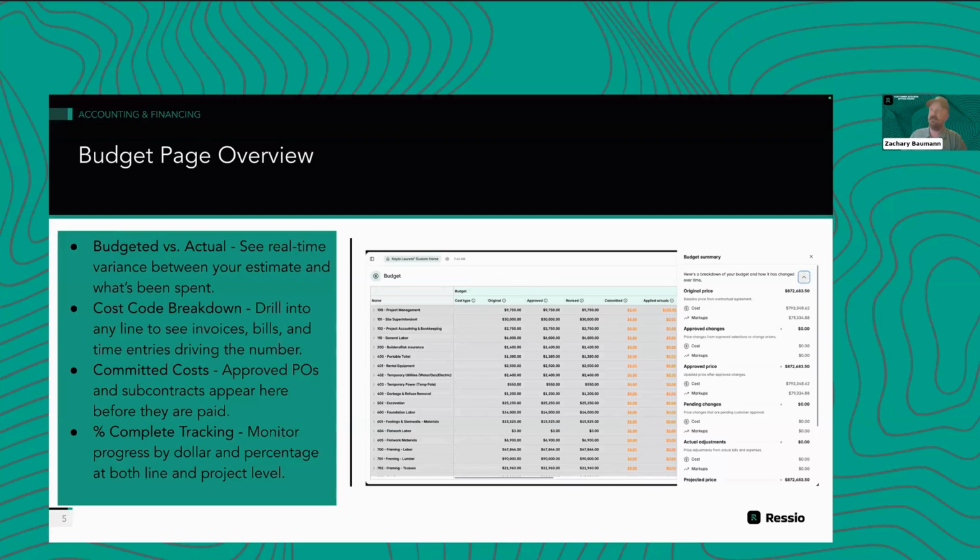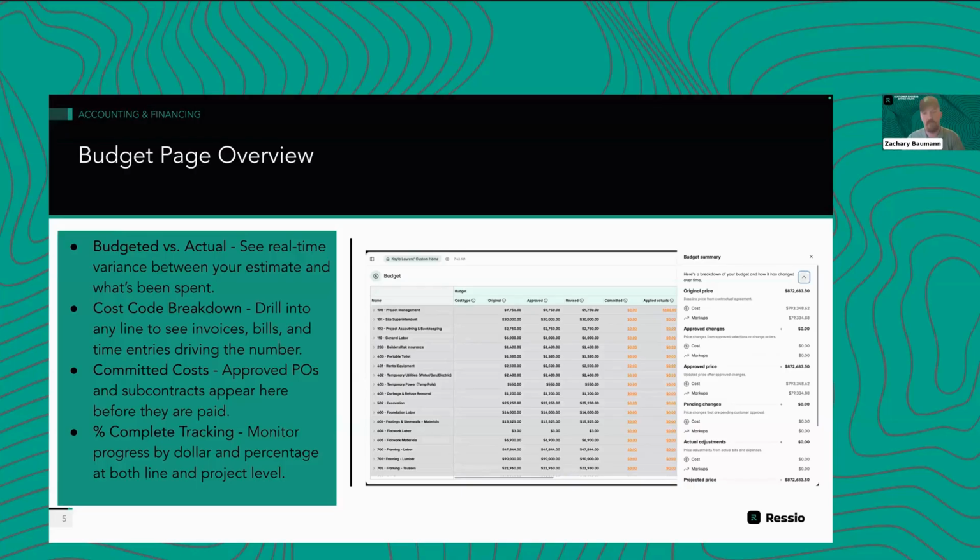Your revised, which is the next step down the line, is your total approved cost and pending changes. So the thing to remember here is that your revised is going to show pending change orders and those things, not just the approved ones. So the revised and approved columns may not always mirror each other, but ideally when you get to the end of the project, if those two columns don't subtotal to the same number at the bottom, it's very likely that you have an outstanding change order or selection that has not been approved, and you might want to go back and double check that.